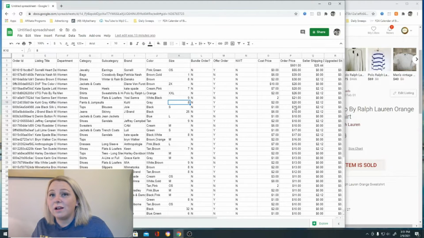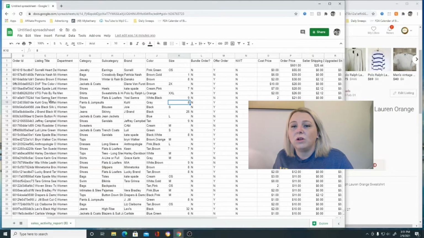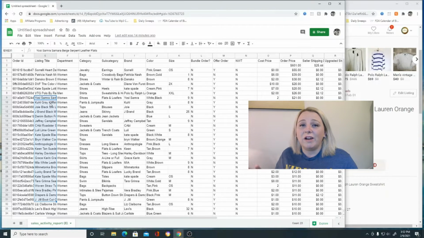So really not a lot. You know, there's a ton, as you can see down here, that sold for under $20. Yossi Samara, J Brand, Jeffrey Campbell, Cabbie, Louis, Kate Spade, Brian Walker, Anthropologie, Keen, Harley Davidson, a lot of those big name brands that you hear all the time by resellers, they're all selling for under $20. But that's mainly because when I dropped my prices for Closet Clear Out,